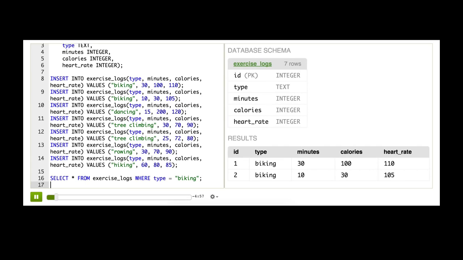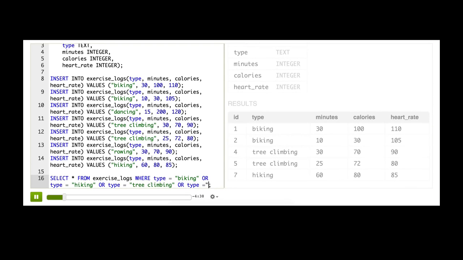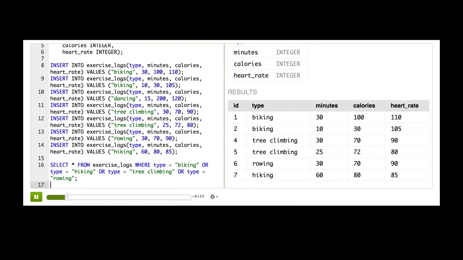So to do that, I can use the OR operator that we just learned, checking each of the different outdoor types. So type equals hiking, or type equals tree climbing, or type equals rowing. Unfortunately, I don't yet have a mountain or a tree or a lake in my home, so all of these are outdoor activities. All right, so that worked, but there is actually a simpler way to do this query, and